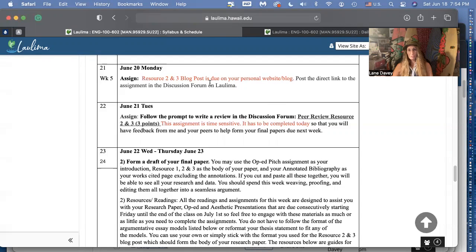This is a really important assignment because this should form the body for your research paper. This should be 2 sources that have different perspectives on whatever your topic is. So it can be extreme opposition, or it could just be like 2 scientists that talk about coral bleaching, and they both believe that there's coral bleaching, but one believes it's happening faster, or one just believes a little bit different about why, or something like that.